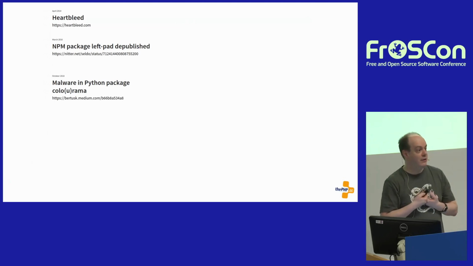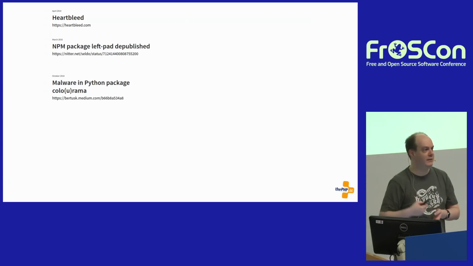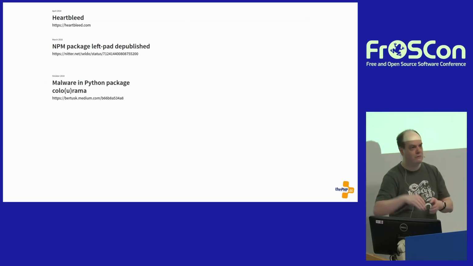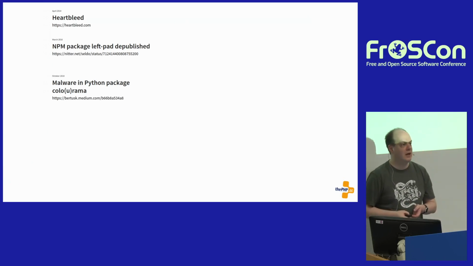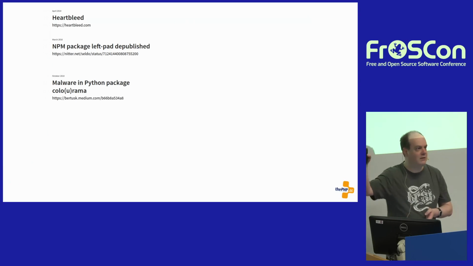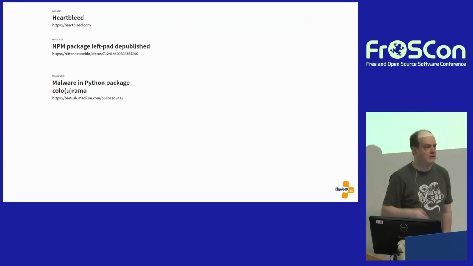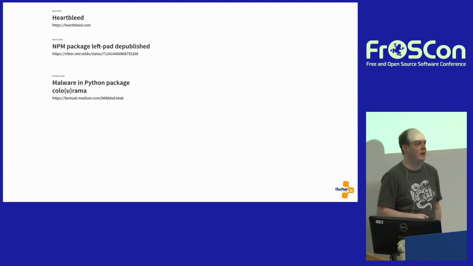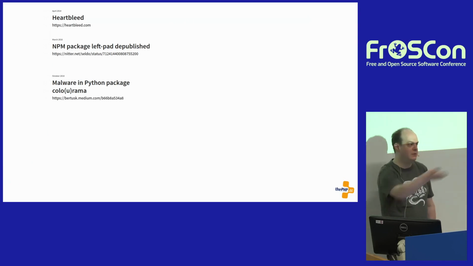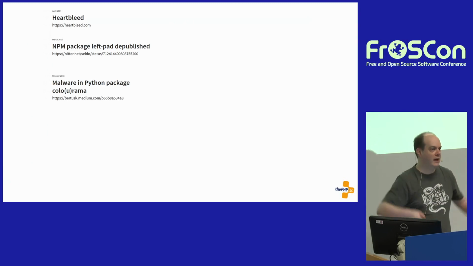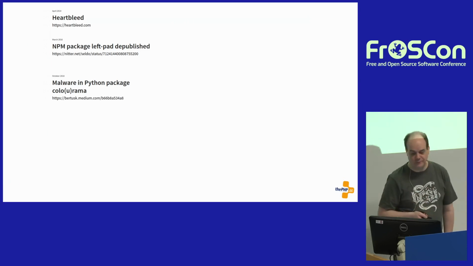Or I could be a very bad person and release a new version of PHPUnit and put some malware into PHPUnit. And I can guarantee you almost nobody would notice that for long enough to cause a lot of harm. Because I know that on most continuous integration pipeline systems, the tests are run as root, and they run PHPUnit, and they run PHPUnit with a PHP process that is allowed to do a lot of things, more than it should be allowed to do. And if I put bad code in PHPUnit, people would automatically update to that version, and I could own a lot of boxes. I'm not going to do that, but I could.